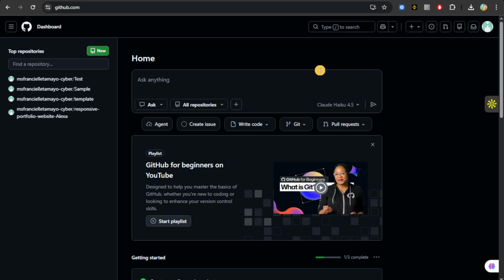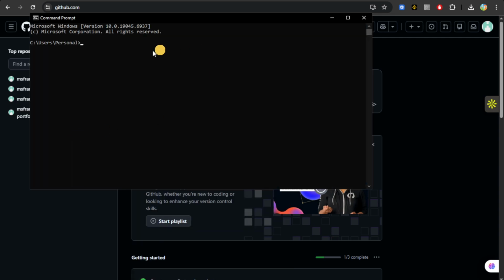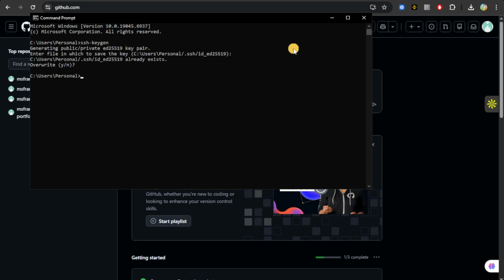So first things first, you are going to head over to your command prompt. You're just going to type in command prompt right here. And then from your command prompt, you're going to type in ssh-keygen. Now you're gonna hit enter, and then from there hit enter once again and then again. Now from here, since I already have my SSH ID, you're just gonna copy this one until here, until